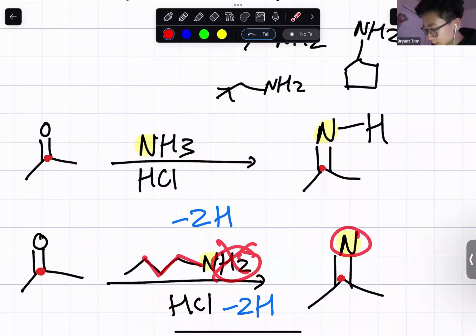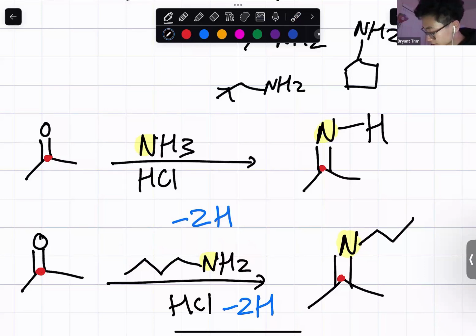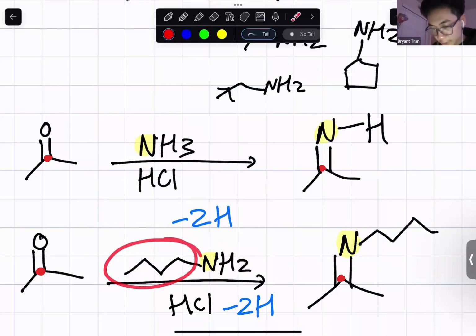But it is still attached to this R group with 1, 2, 3, 4 carbons. So draw that out like this. 1, 2, 3, 4, like that. Whatever the R group here, the decoration is here, just copy and paste that over to the nitrogen because it follows with the nitrogen right there. Okay, so